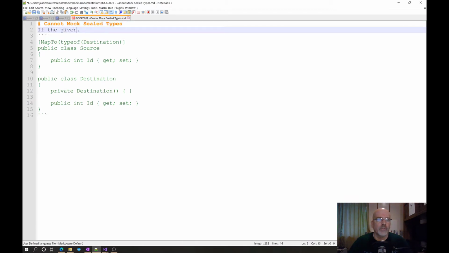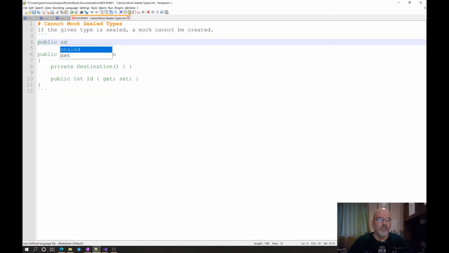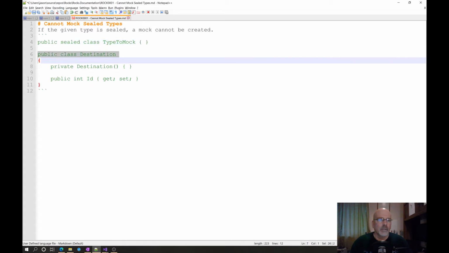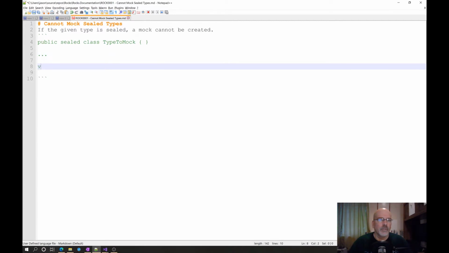If the given type is sealed, a mock cannot be created. So an example of this would be, we could say public sealed class TypeToMock. And then we'd say var